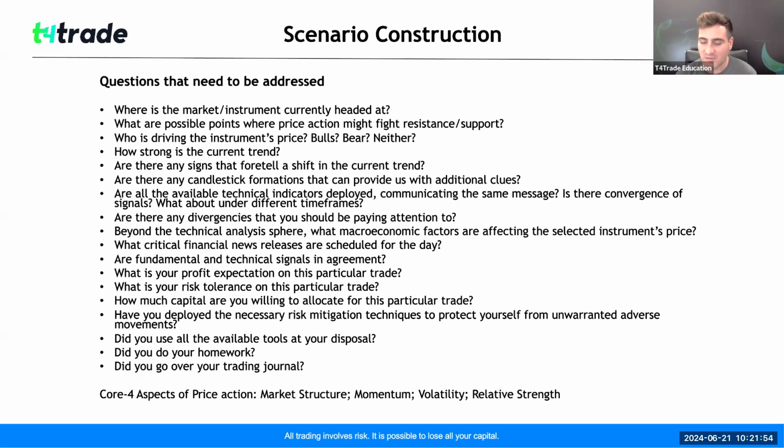Various different indicators help you achieve just that, judge who is in control. Are there any signs that foretell a shift in the current trend? Do we see divergences from technical indicators that are giving me an indication that the current trend has shifted? For example, it might be moving averages. If you have crossovers, it's the most simple way to judge whether, let's just say, a short-term trend has